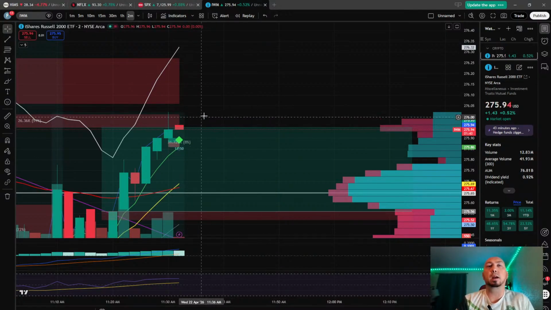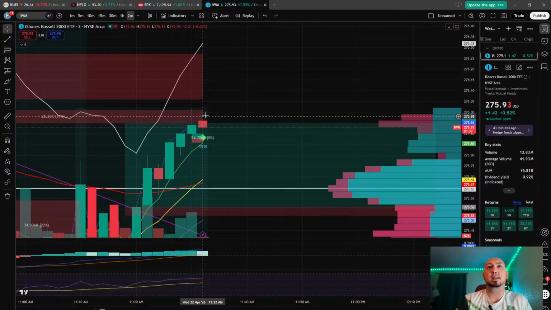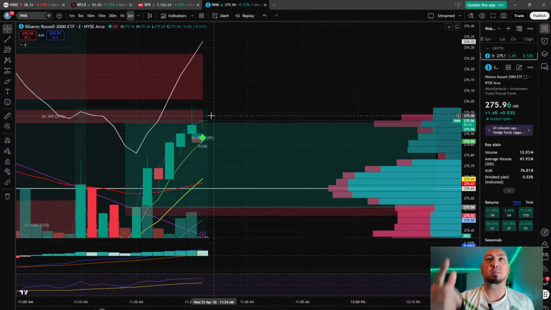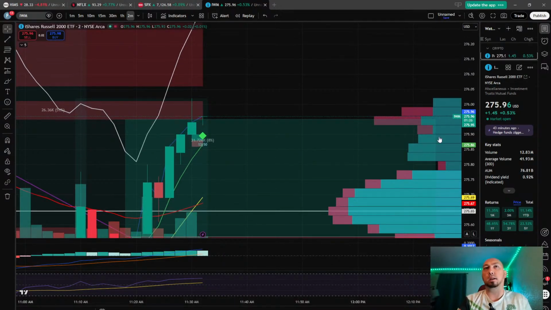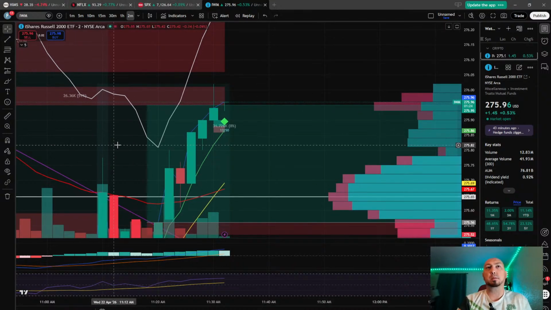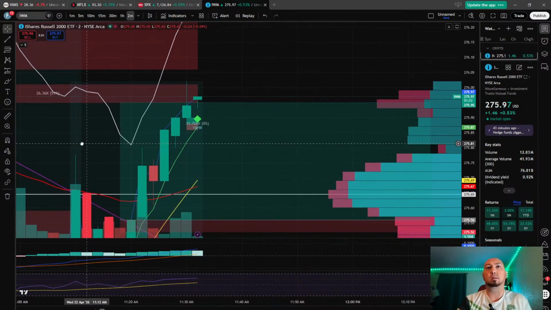Oh, yeah. Now, didn't I tell you I would not be shocked to see a red? Now, I thought it would happen here, but it happened here instead. Right there, I did say there. I would not be surprised to see a red candle try to push up here in this block. That's so funny. And sometimes charting just works out so well.